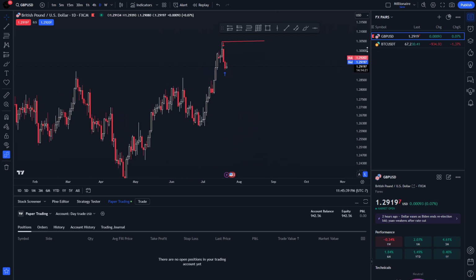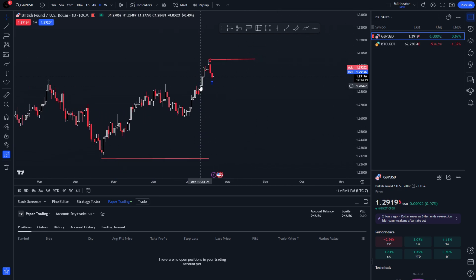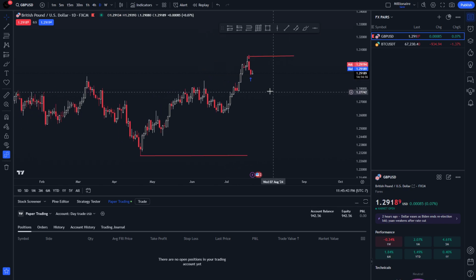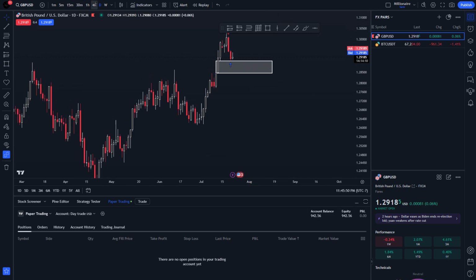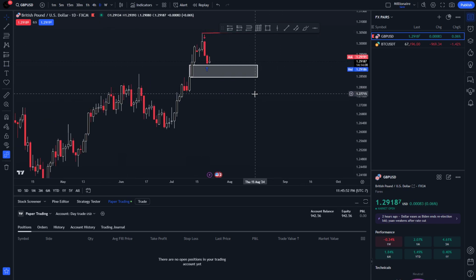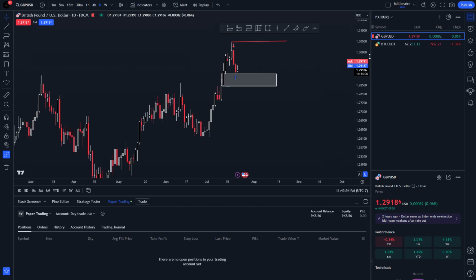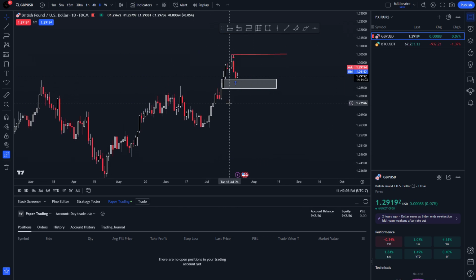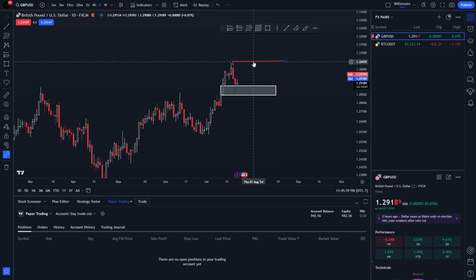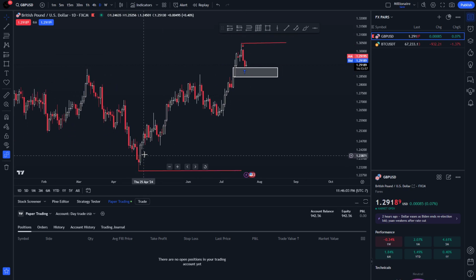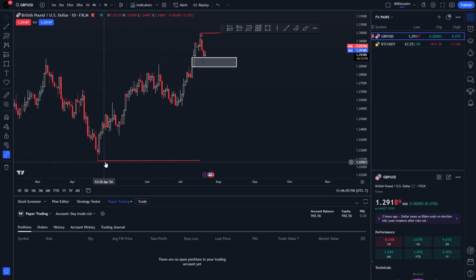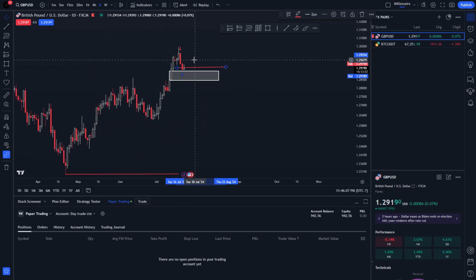So internal is basically the liquidities like fair value gaps and order blocks and stuff like that. Those are the internal. That's internal liquidity. So right here, as you can see, on the daily, we just hit a fair value gap. Most likely gonna go up. It's just hit internal liquidity, and it's probably gonna go and take external. Right now, as you can see, it is not likely to go and take this external right here. So we're just gonna keep our bias as bullish because right here,